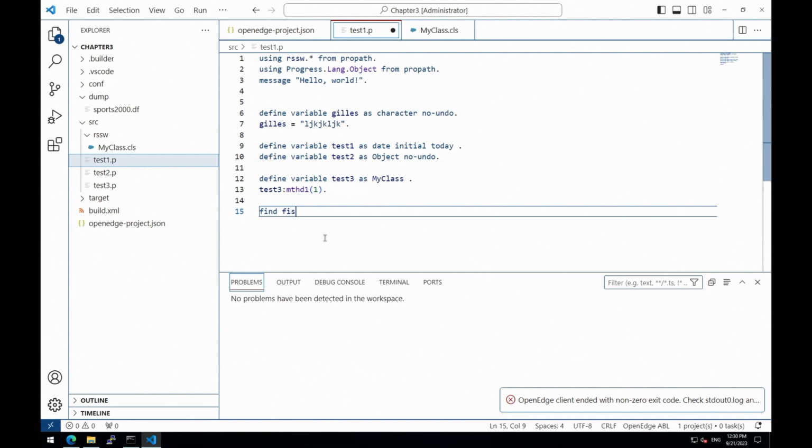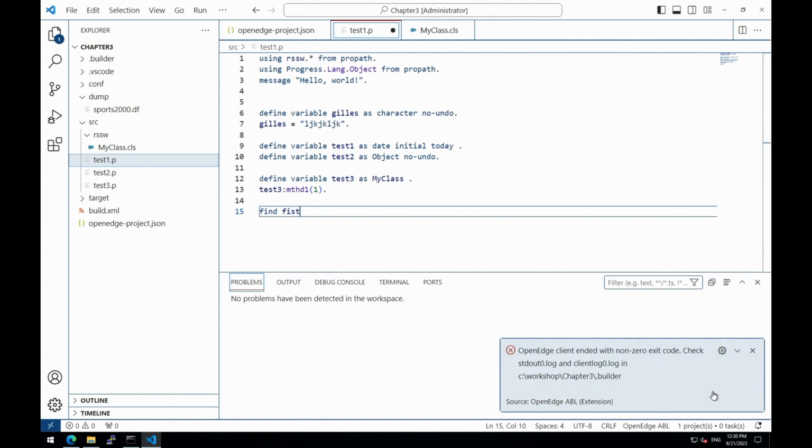So probably a typo here. This is the kind of information that you will face if something is not configured correctly. And yes, I know why. I didn't create the local database. So this is something that you will see.